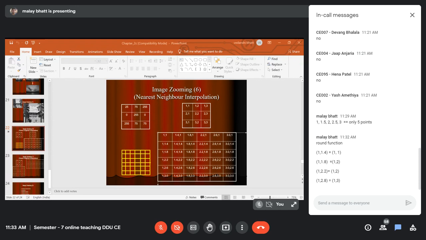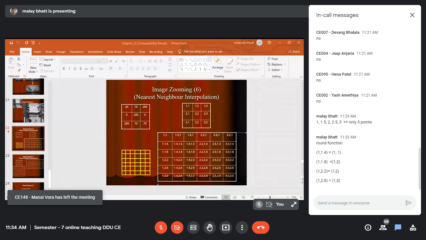Is this clear? How we are doing this? Basically, whatever the gray level value at position 1, 1 is, the same should be repeated at 1, 1.4. Whatever gray value we have at 1, 2, the same will be considered for 1, 1.8. Similarly, whatever gray level we have at position 1, 2 will be considered for the 1, 2.2 point.